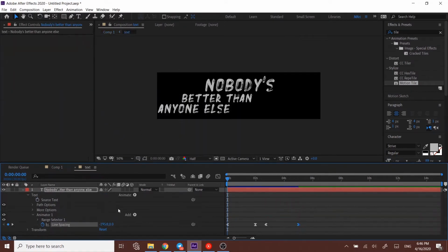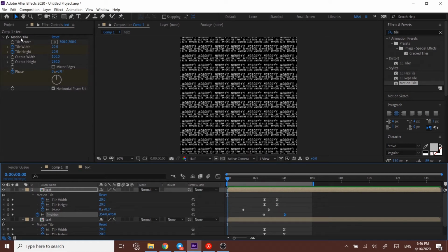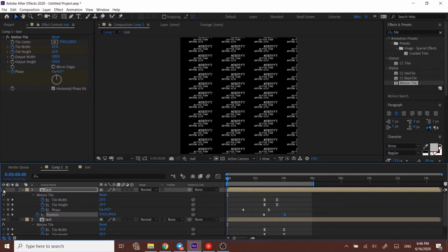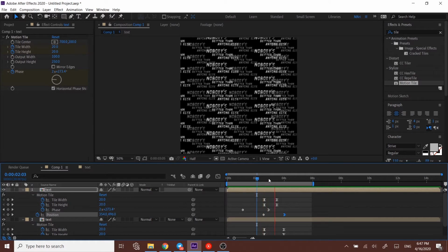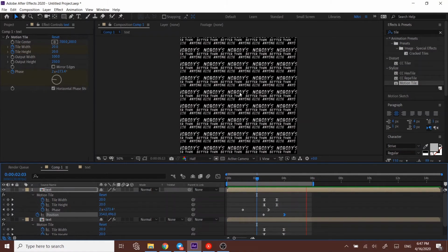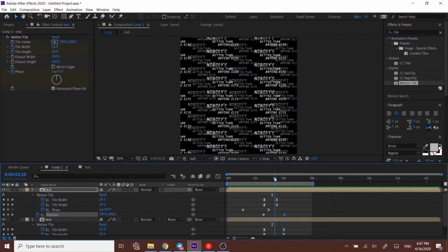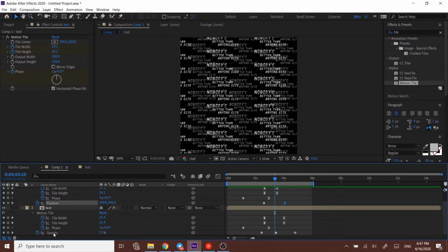We will make an easy animation with line spacing, and then using motion tile we will duplicate it to fill all our composition with this text, and then duplicate this text composition and move it to fill again all our composition. So then to reach this 3D effect we will play just a little bit with opacity of